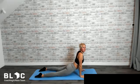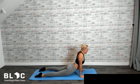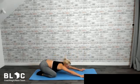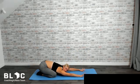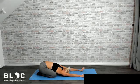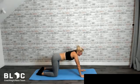Good. So just come up as far as you're comfortable. And we're going to press our hands back, big toes together, and sit back onto your heels again. Pressing your upper arms, your armpits down into the mat again. Super. Take one more big deep breath here, and we're going to press back forwards again, hips down to the mat,